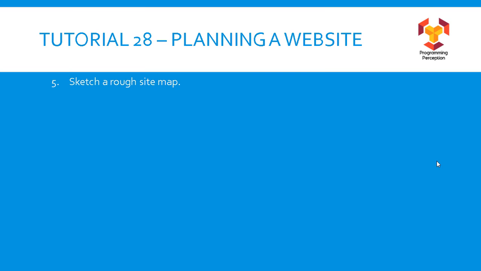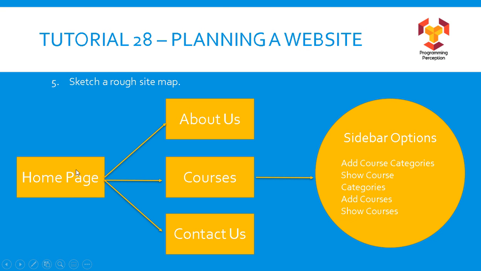Now let's move on to the 5th step. And the 5th step is the last step actually. So I have prepared a rough sitemap in front of you, which will actually tell you what are the various options the user can use on our website and how we land up on a certain page on our website. So clearly you can see there is a home page. Now from the home page, definitely you can go to about us, you can go to courses option, or you can go to contact us option. So there will be 3 pages for them. So 1, 2, 3, 4. So there will be a total of 4 pages. And these 3 pages are visited via home page. So definitely we will provide a link over there.